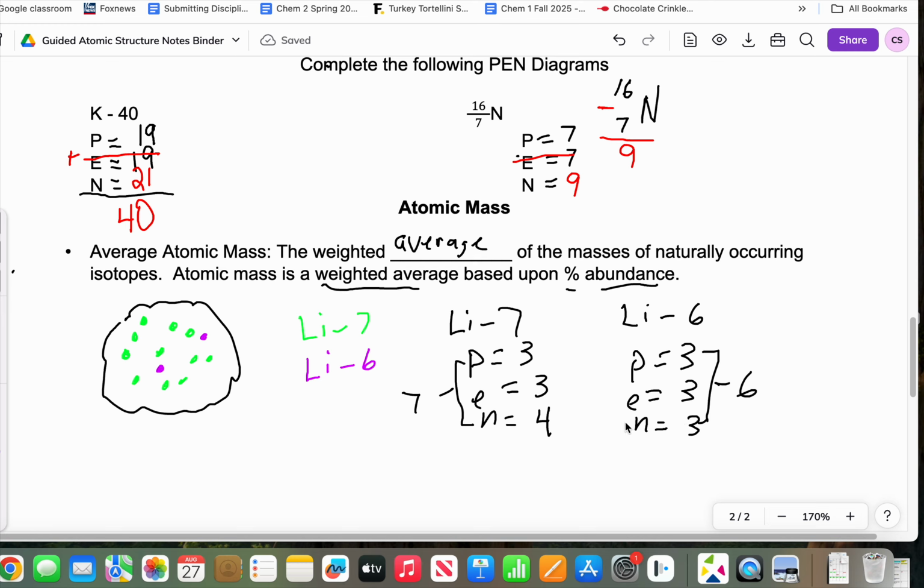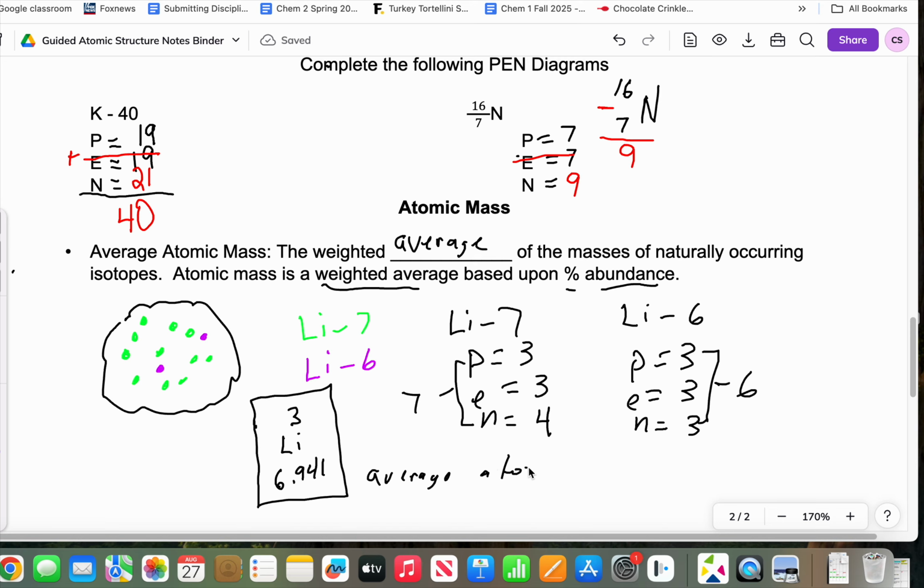They're called isotopes. Because they have different numbers of neutrons, they have different masses. Now, because lithium-7 is way more common than lithium-6, if you look up lithium on the periodic table, you would see lithium, you would see a 3 here, and you would see a 6.941. Now, this is called the average